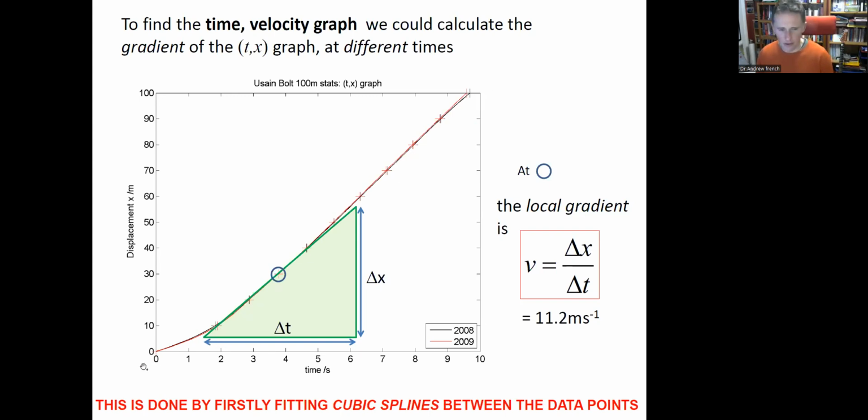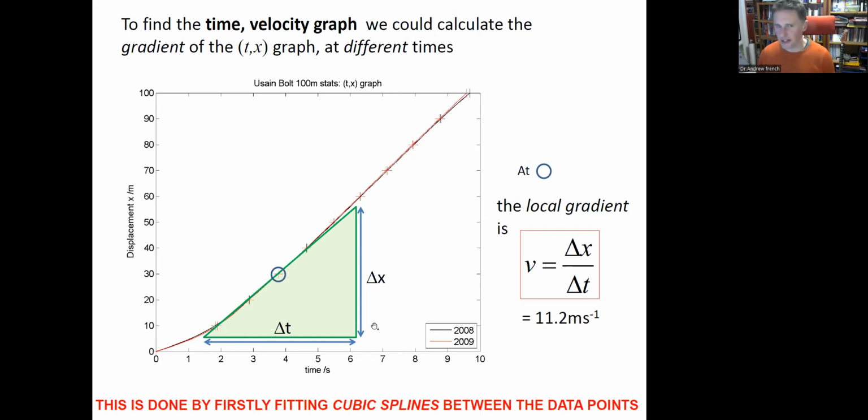In fact, how have I made a curve in the first place? What I've done is fitted something called a cubic spline between the data points. This is a cubic equation which takes every 4 data points and fits a curve such that the gradients are not the same, but sort of smooth between the points. This is a recipe you can find; most languages will allow you to do this. If that was a bit too much, you can fit quadratics or possibly even straight line graphs. This is called interpolation.